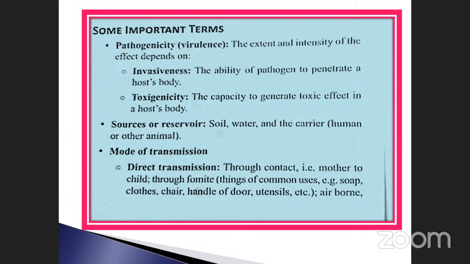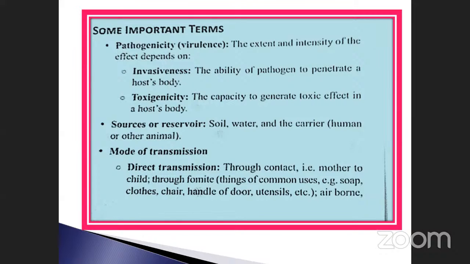The mode of transmission is divided into 2 types: direct transmission and indirect transmission. Direct means, for example, a COVID person touched something with his fingers, such as a tablet, plate or tumbler. Suppose you touch that same thing, what will happen? It will lead to what is called direct transmission through contact.